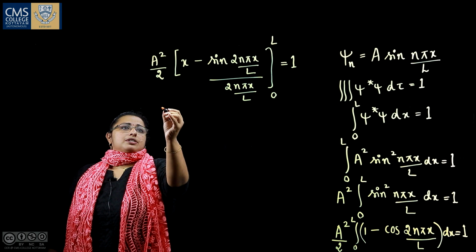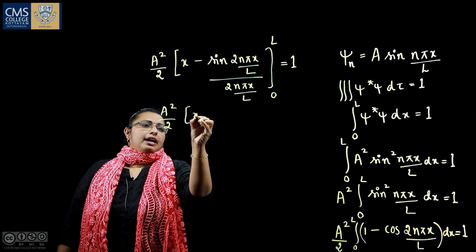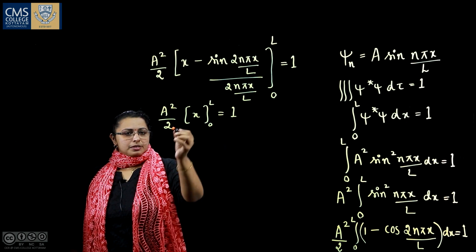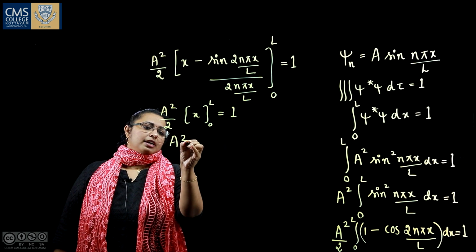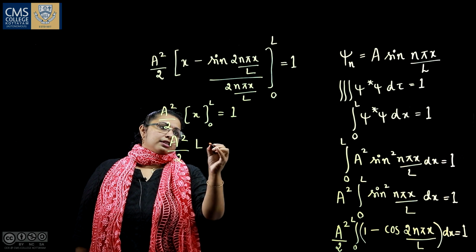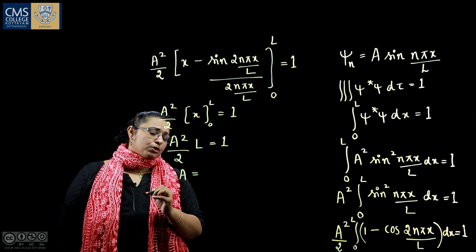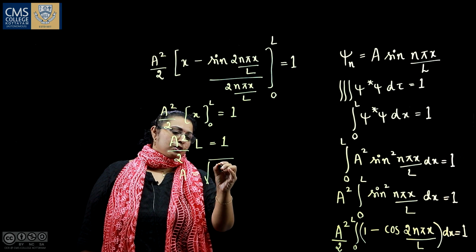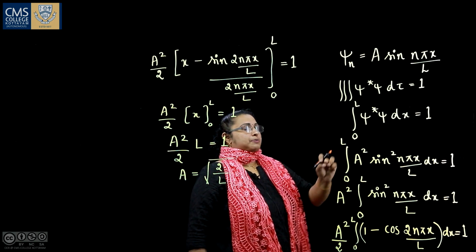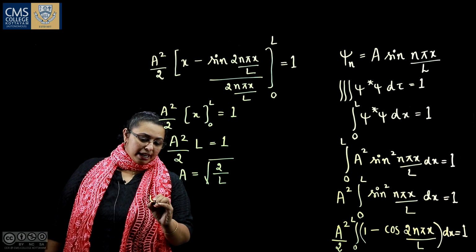So the only term remaining is A square by 2 x from 0 to L equal to 1, and this becomes A square by 2 L is equal to 1, or you get the value of A as root of 2 divided by L. So this value of A you substitute into this equation, and you get the value of